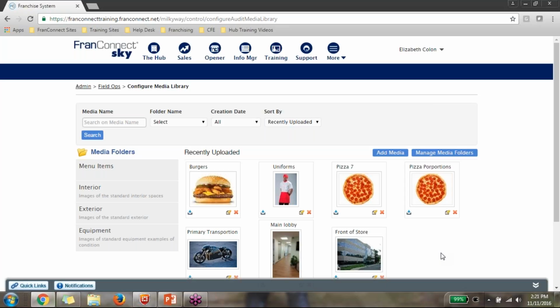So if you create an audit for the Christmas season, and your auditor is going out to each of the stores to evaluate whether that store is meeting the floor reset expectations, you're going to put up a picture of the way the merchandise should look, and reference that picture in one of the questions inside your audit form. The media library allows you to give that visual to both your auditor and your franchisee in the event of a self-audit, so that they can easily see what the expectation is and whether they're meeting it.